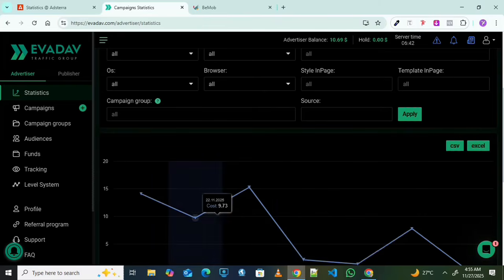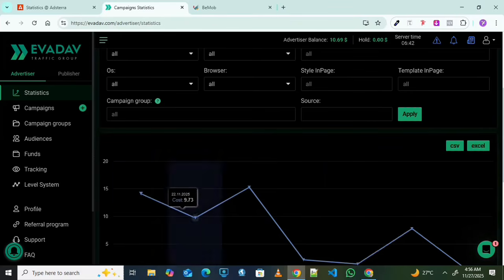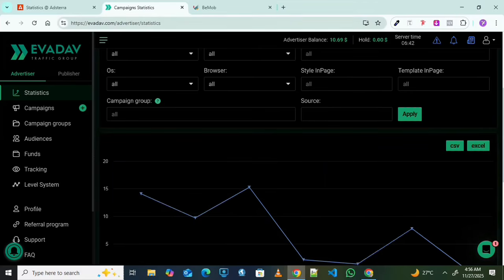The bot traffic must be very minimal, very small compared to the quality ones, right? So you can also mix the traffic with Facebook ads when you know that you are already making profit. You can mix the traffic with Facebook ads to be on the safer side. But you cannot come here to drive